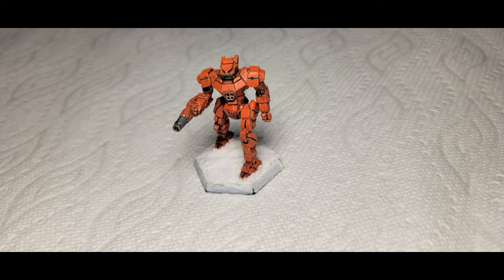avoiding return fire. Through the Succession Wars, the Combine was the only significant user of the Panther, often pairing it with the Jenner in a deadly combination of speed and firepower. Though the other Successor States employed Panthers in smaller numbers, these were either the result of battlefield salvage or older